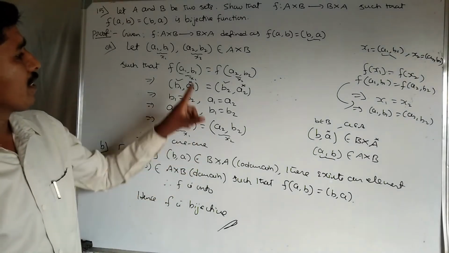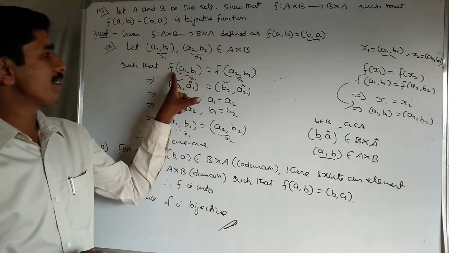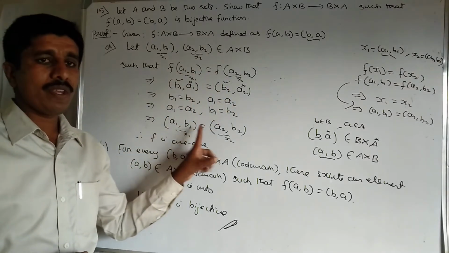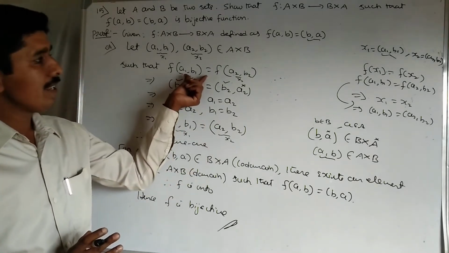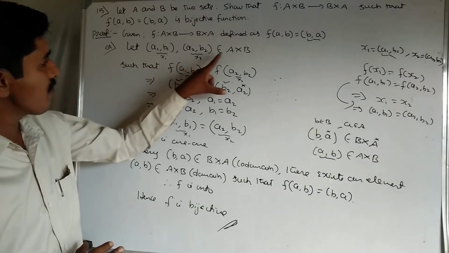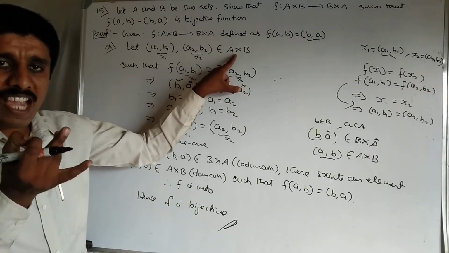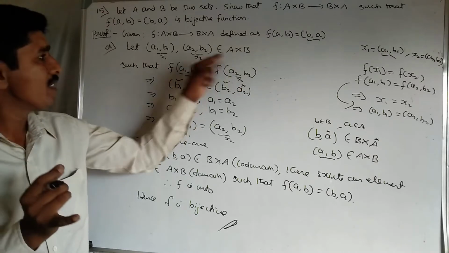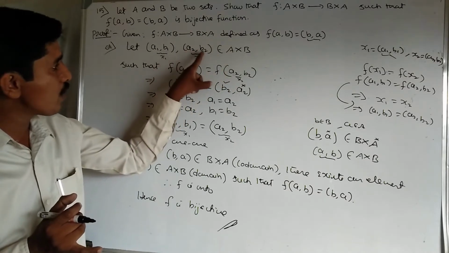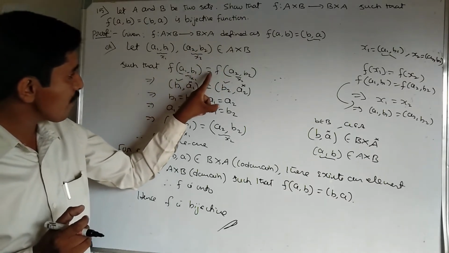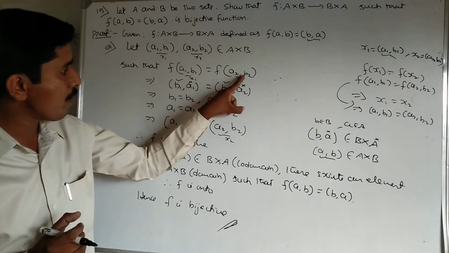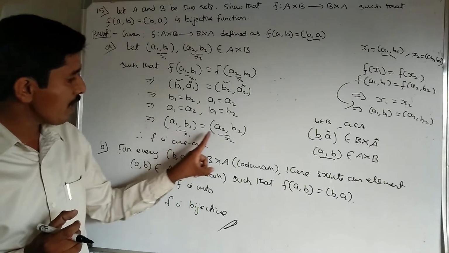What if? Don't get confused. In the last column, I was directly taking f of x1 equal to f of x2 and proving x1 equal to x2. You can take it directly. For understanding, I am taking this. Let us take x1, x2 belongs to A cross B. Each element of A cross B is of the ordered pair form. First element of A cross B is (a1, b1), second element is (a2, b2). f of x1 is equal to f of x2. x1 means (a1, b1), x2 means (a2, b2). Here we have to prove that x1 equal to x2.